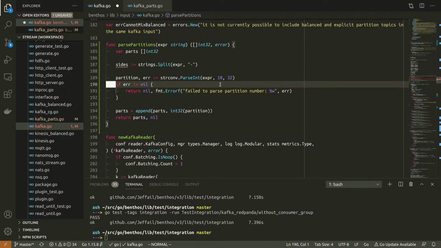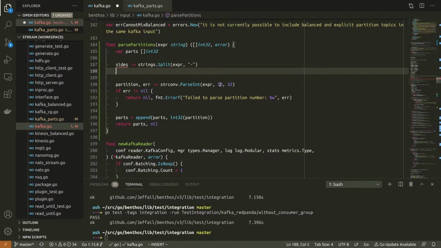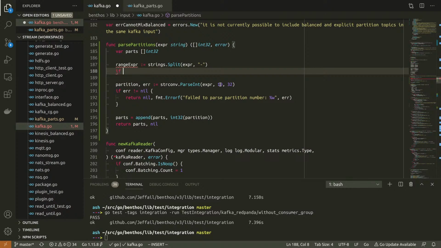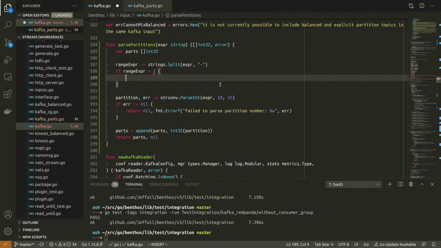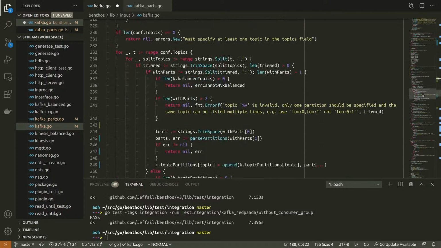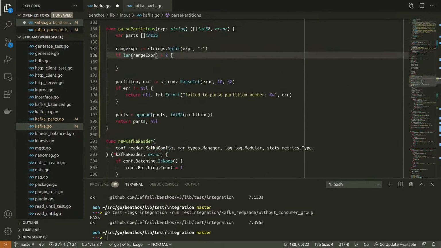It's interesting, how am I going to organize this? If the range expression is greater than 2 elements, then you're having a laugh.